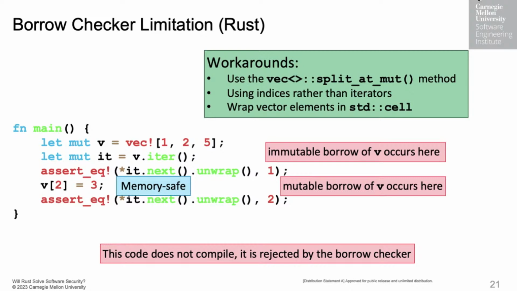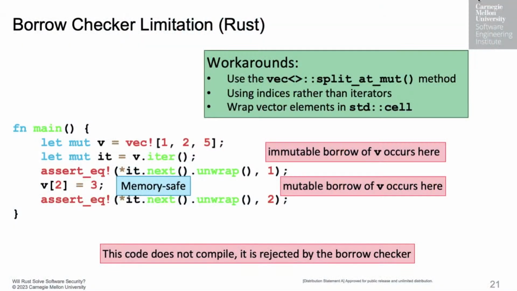Yes. And it's worth mentioning all those workarounds are in safe Rust. None of them open you up to the possibility of undefined behavior or any bad things like that. Right. So this particular program can be rewritten correctly. It's just that rewriting the program in this way shows that the borrow checker imposes some excess limitations on the programmer.